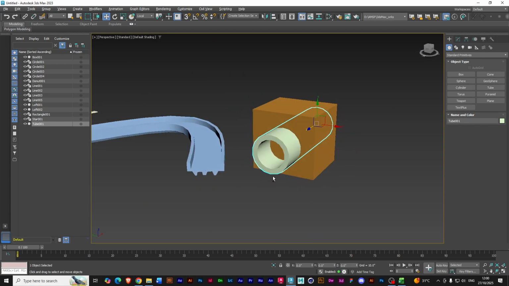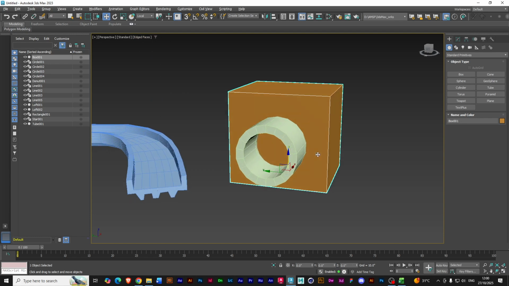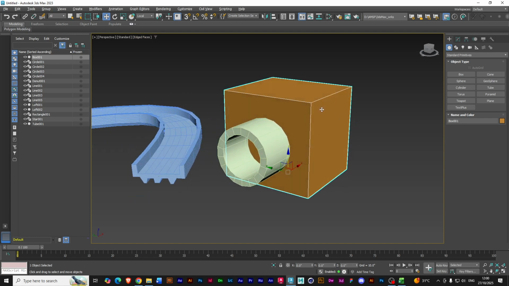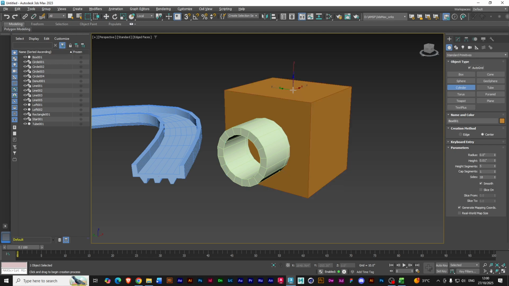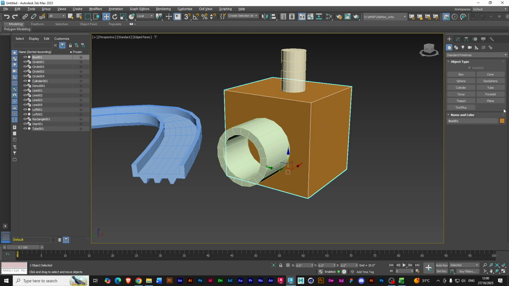So booleans work with operands. That's an operand. That's an operand. Let me use edged faces so we can see the edges. It uses operands to work. Okay, let me just be nice. Okay, they are still found under